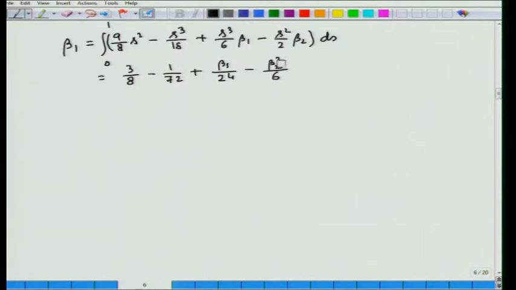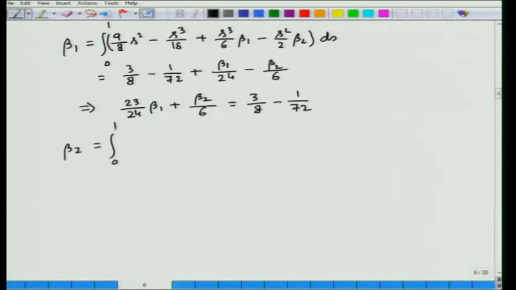After rearranging these terms, from here you can get the first equation, that is 23/24 beta 1 plus beta 2 by 6, this is equal to 3/8 minus 1/72, and similarly from beta 2